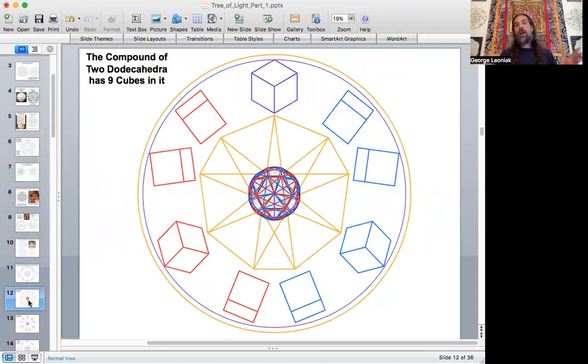Now, there's just a couple images here. I was curious, how many cubes do we have in there? Because we know one dodecahedron has 5. What's going to happen if you bring them together? Are they going to mix and match? Are there going to be any shared cubes? There is one shared cube, that's the 9th. And then there's the other 4 that are unique to the one dodecahedron on one side,